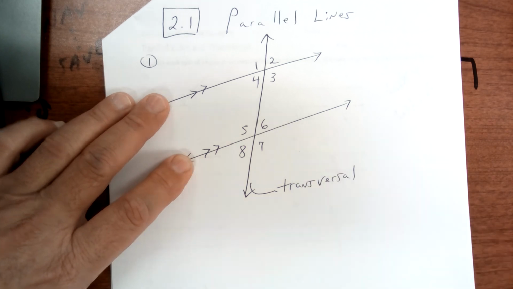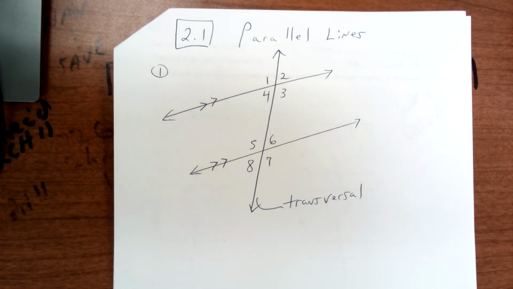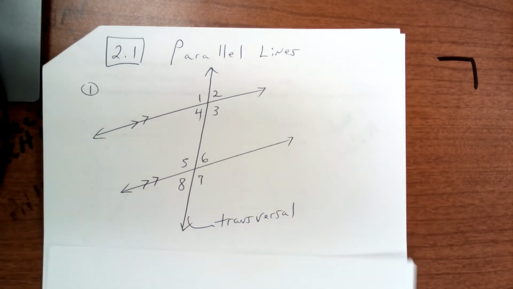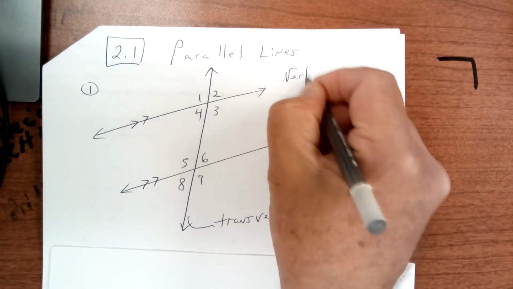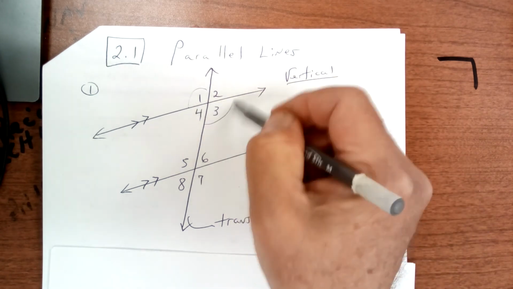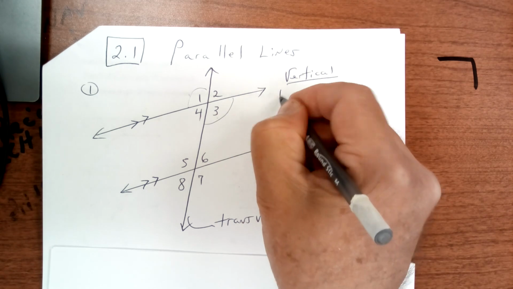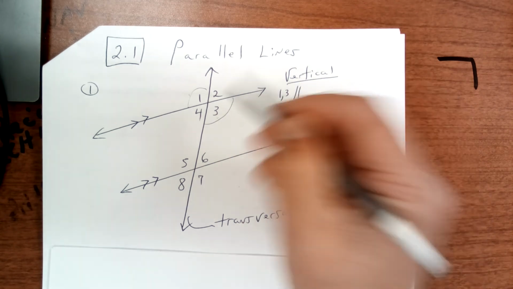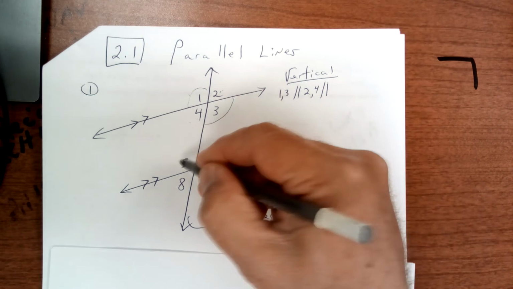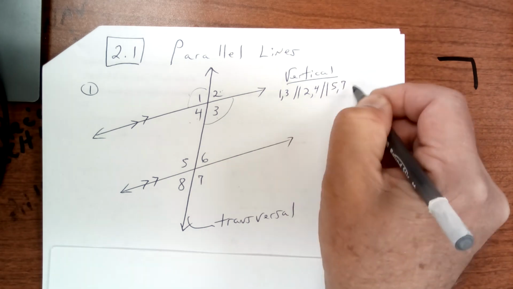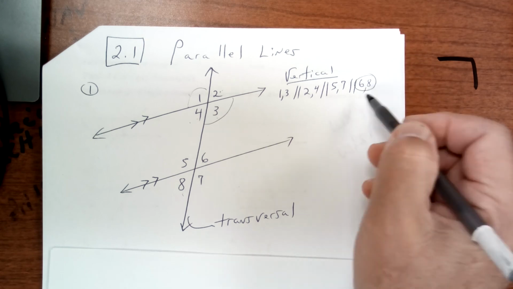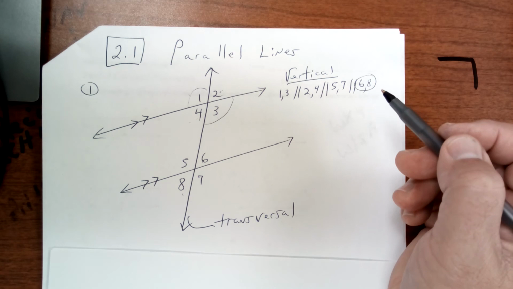Okay, all right, so let's work this. Now there are certain angles you need to know, or groups of angles. One of them you already know is vertical. And vertical angles are always equal. So like 1 and 3 are vertical, and they're congruent. So 1 and 3, 2 and 4 are equal, and they're vertical. 5 and 7, 6 and 8. Those are all vertical angles, and those pairs are equal. Okay? All right, the next one is,